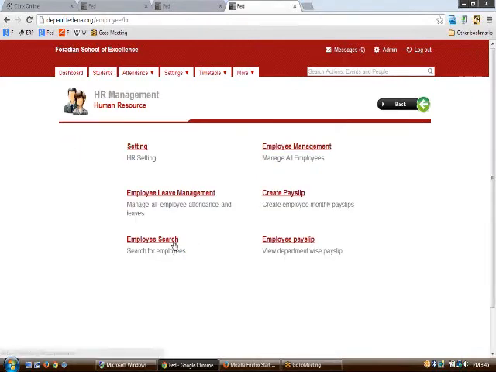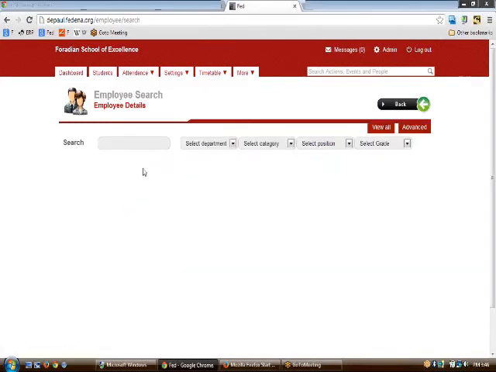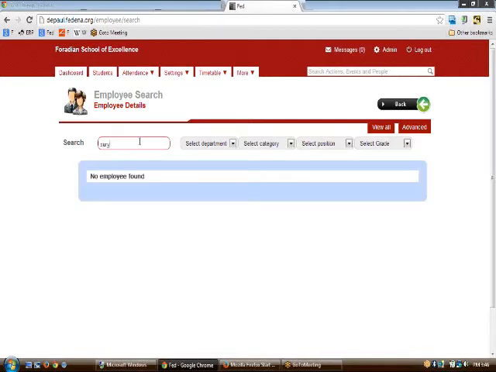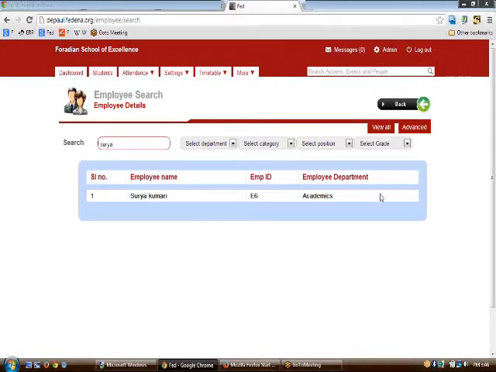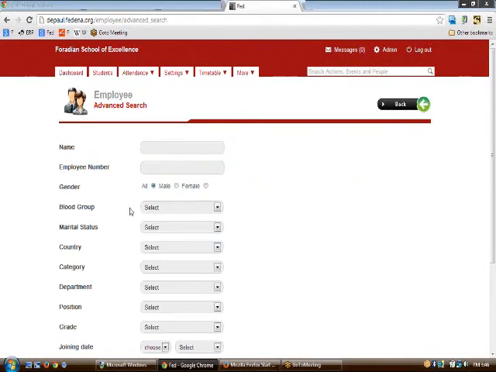Now we will move on to see how the employee search works. In employee search, we have a search bar where you just type the particular employee name, let us say Surya. Or if you want an advanced search of the employee, you can click upon advanced and type the name of the employee or the employee number.